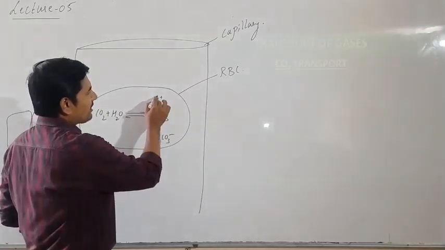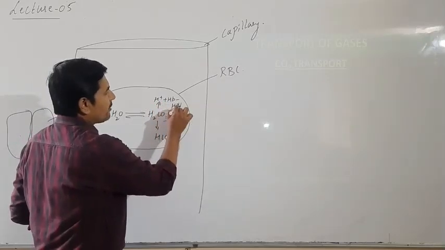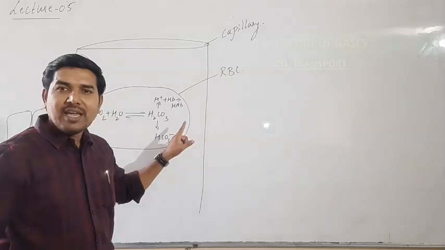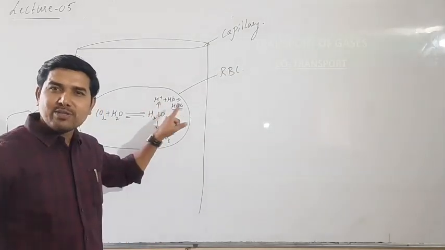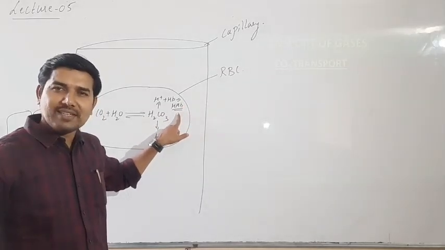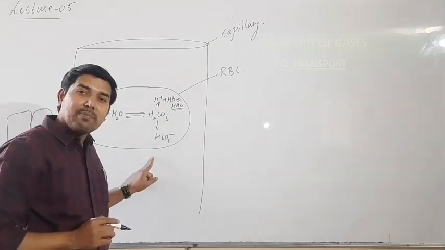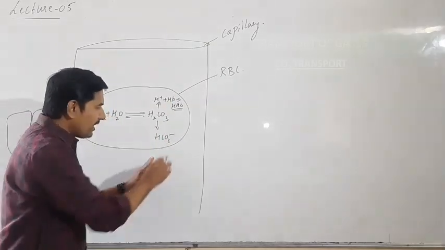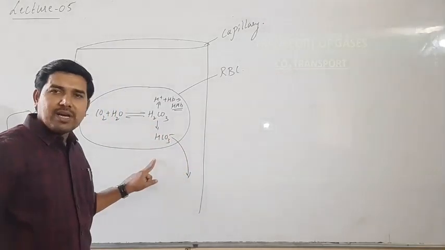That means that it combines with HB to form HHB. HHB is hemoglobinic acid. So the H plus ion combines with HB of RBC to form HHB, hemoglobinic acid. Now, as the surface of RBC is permeable for negatively charged ions, HCO3 minus ions will come out from the